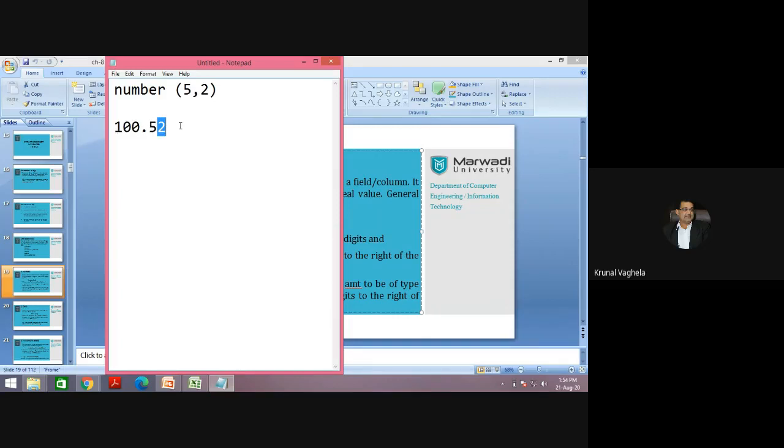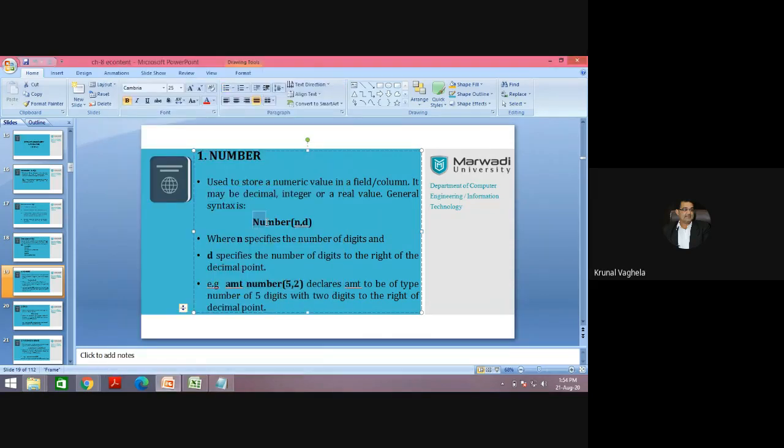If I try to store a value with a total size of 6, it will give an error, because you are only allowing a length of 5. So this is the number data type, used whenever you want to store numeric values like mobile number or salary.